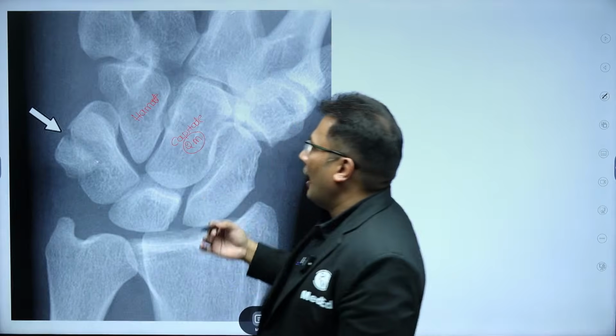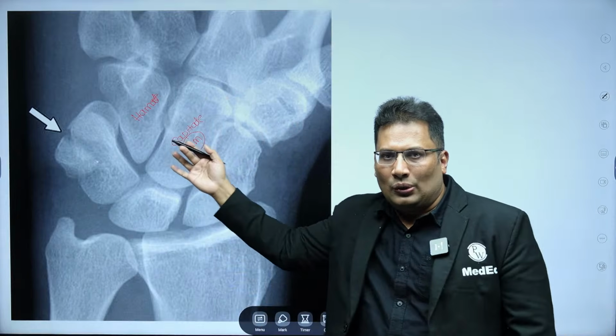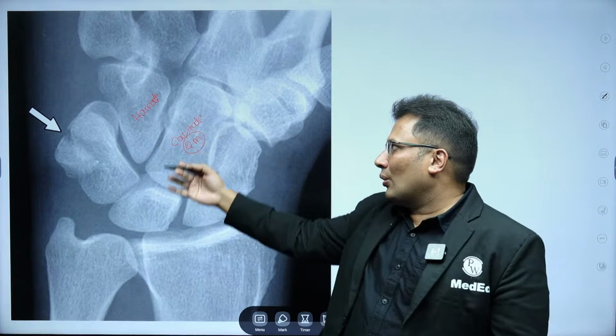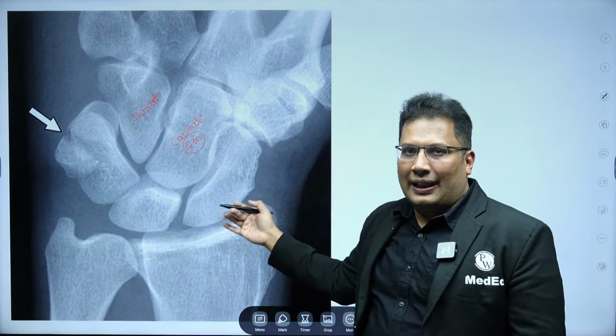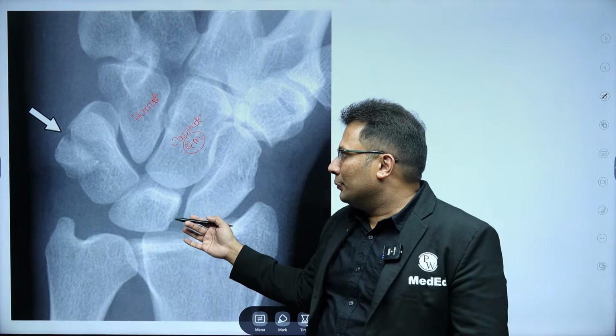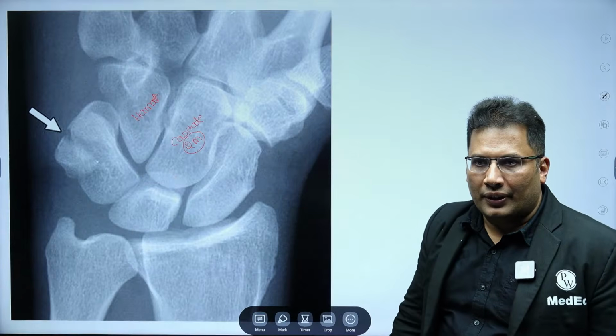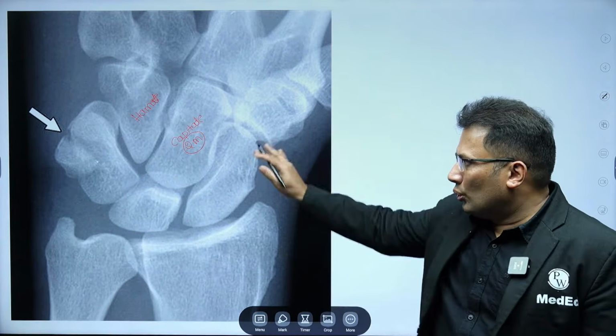So capitate, hamate, pisiform, and triquetral, that is the proximal row. And the distal row we have scaphoid, trapezium, trapezoid, okay. Yes, just go through the